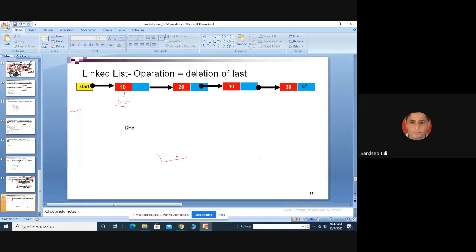So we will write the code of both, using one pointer and using two pointers. We will write the code in both ways.